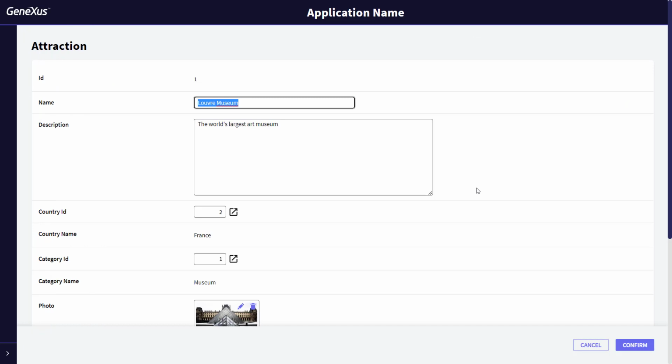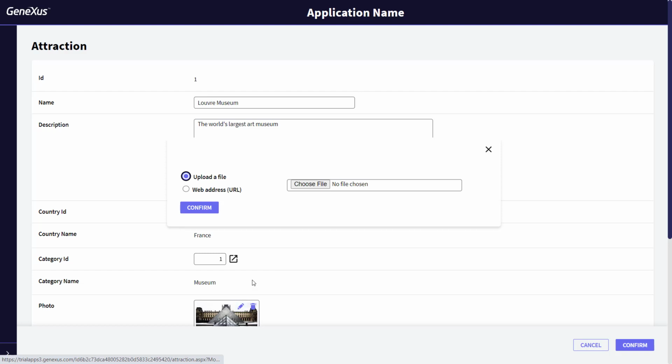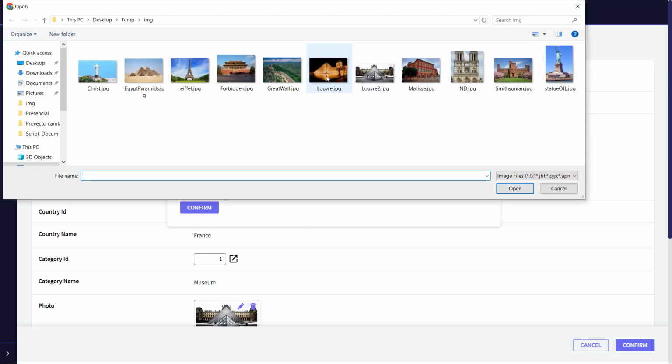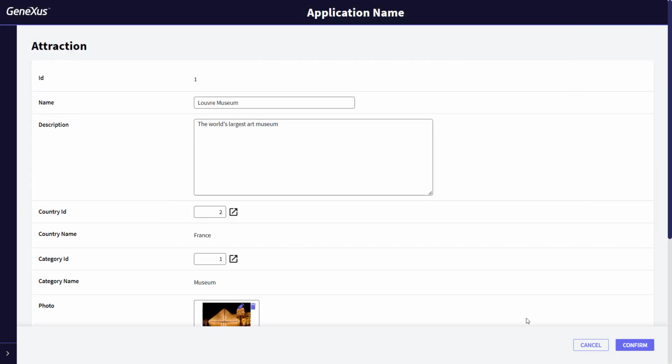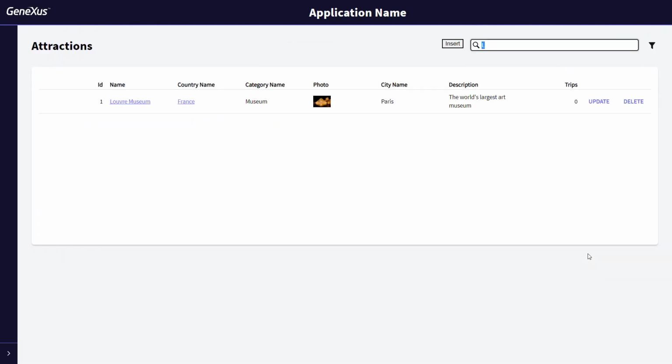Note that it'll take us directly to the attraction transaction and show us the selected attraction, allowing us to edit it, exactly as in the case of the manually implemented web panel. After changing the photo and confirming the update, we'll return to the calling web panel. Note that the filters are kept. This is exactly the feature we need to achieve.